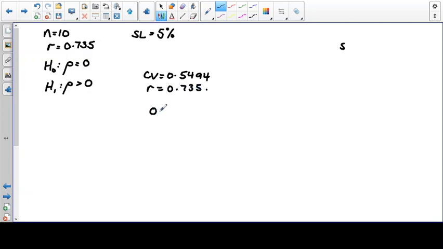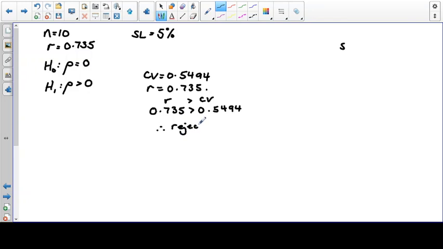So because my sample correlation is greater than the critical value, this is stronger than this, then there is enough evidence to